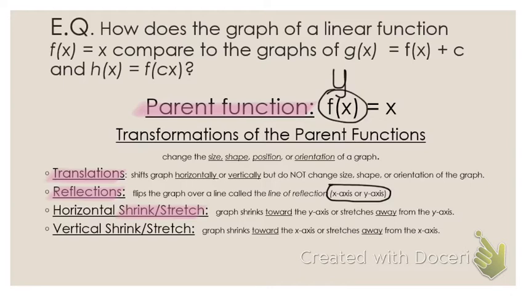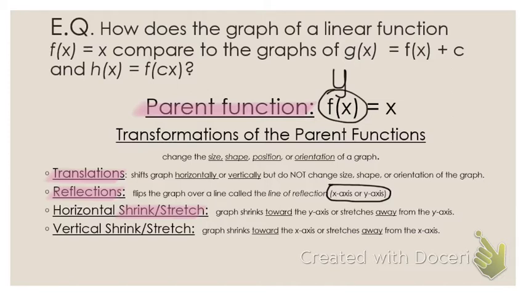But look at what it says. If it's a horizontal shrink or stretch, the graph shrinks toward the y-axis or stretches away from the y-axis, which is a little strange because what's the horizontal axis on a coordinate plane? Which axis is the horizontal axis? The x, okay? But in this horizontal stretch or shrink, it actually shrinks toward the y-axis or it stretches away